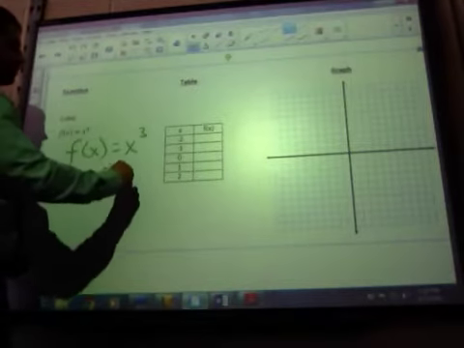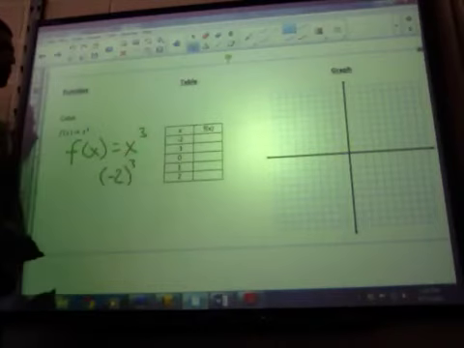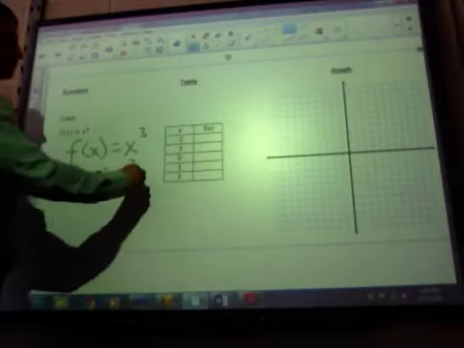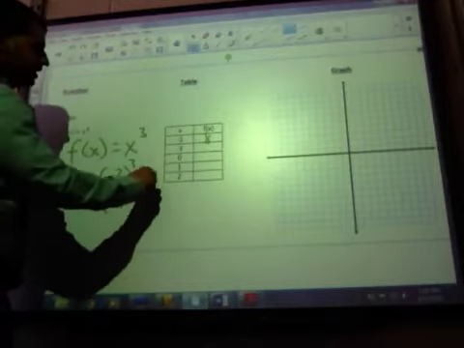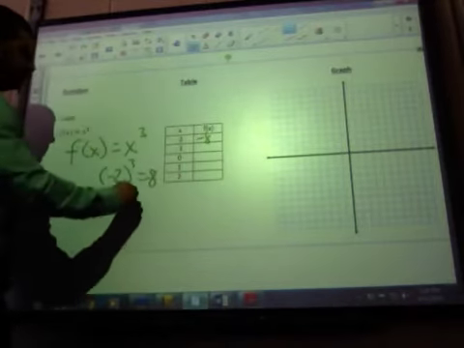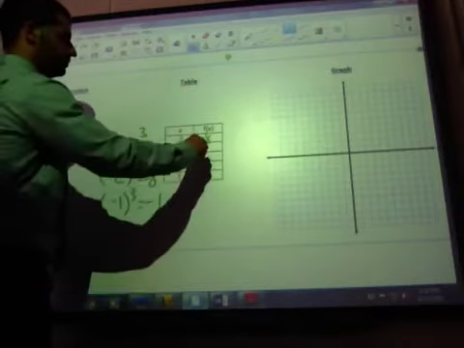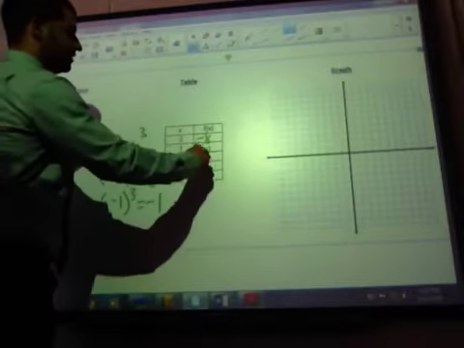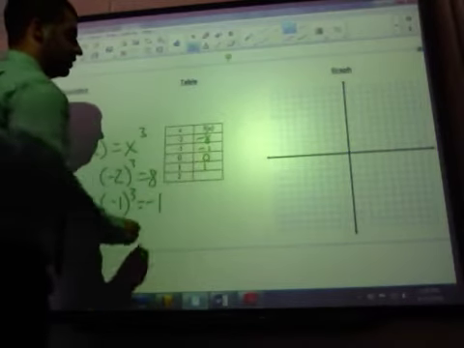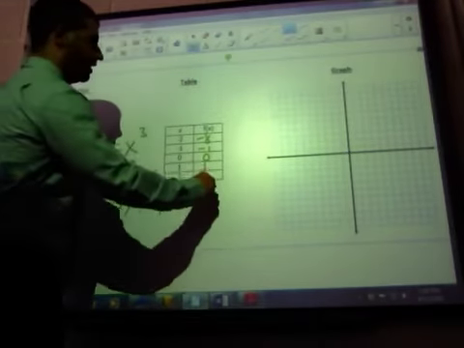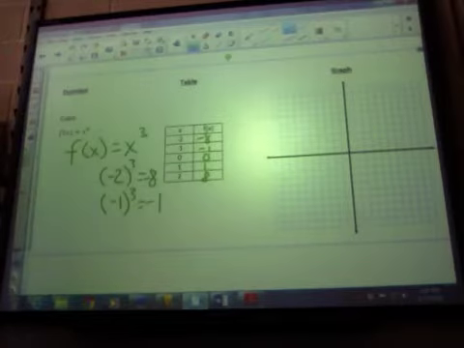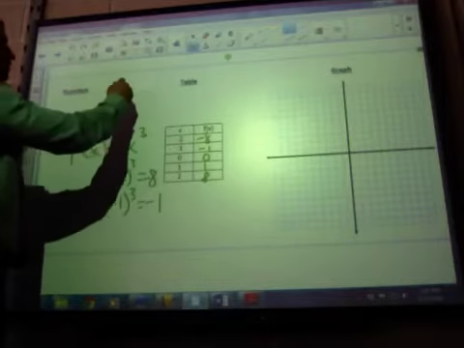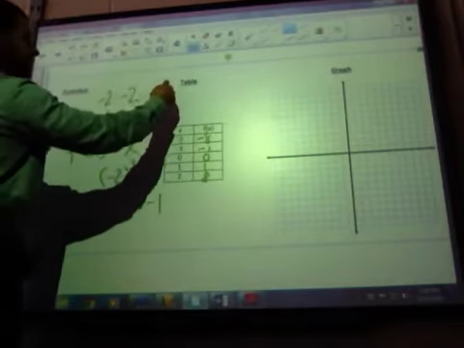So we put -2, always in parentheses, cubed, you get -8, my bad. -1 cubed, you get -1. 0 cubed, you get 0. 1 cubed, you get 1. 2 cubed, you get 8. Just remember that if you cube a negative number, it stays negative because that's technically -2 times -2 times -2,